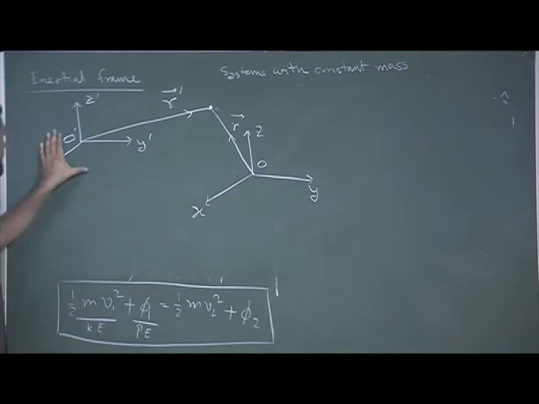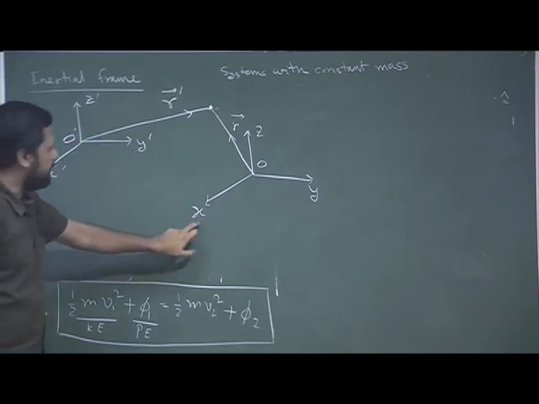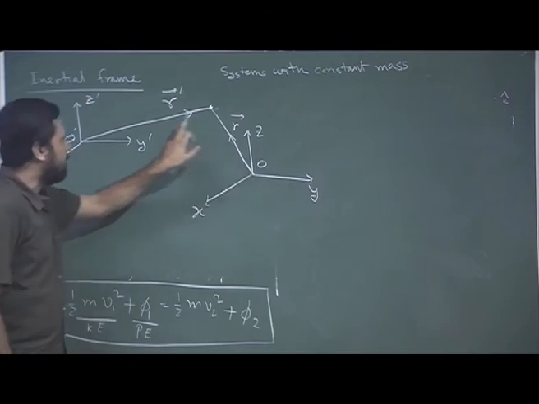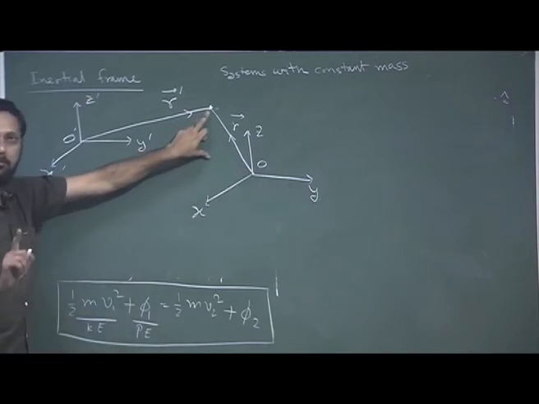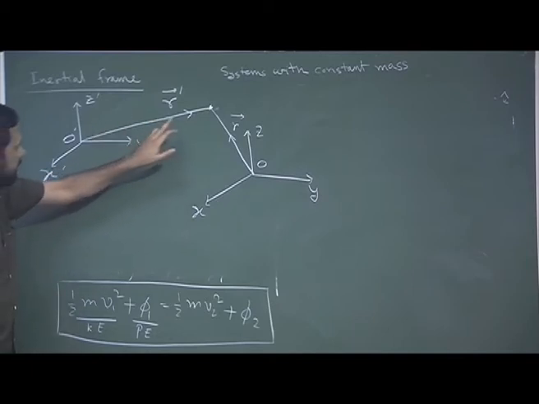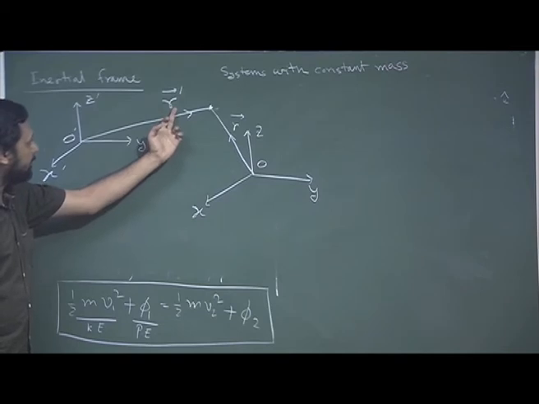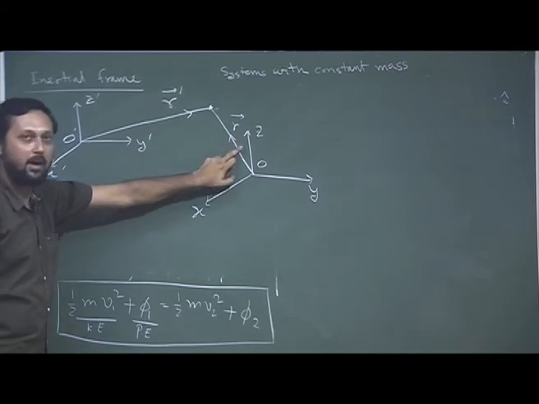So, we have one frame which is x prime, y prime, z prime, another frame which is x, y, z. We have the position vector of the same particle. Please remember, the particle remains the same, but the reference frames are different. So, in one reference frame this is given as r prime, in another reference frame this is given as r,